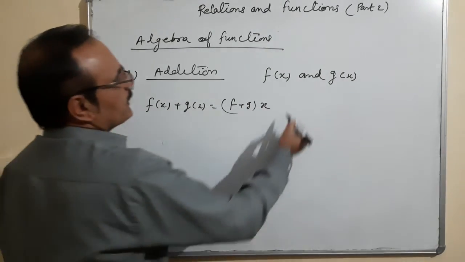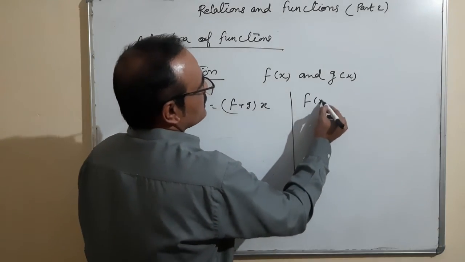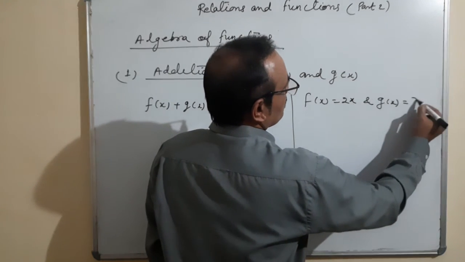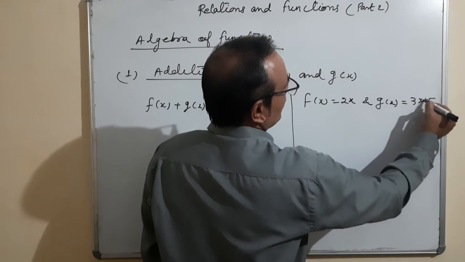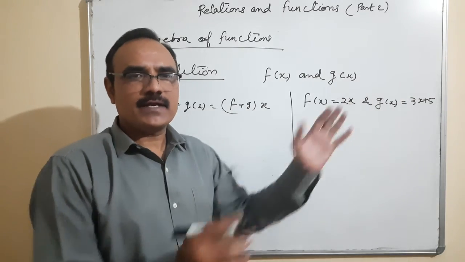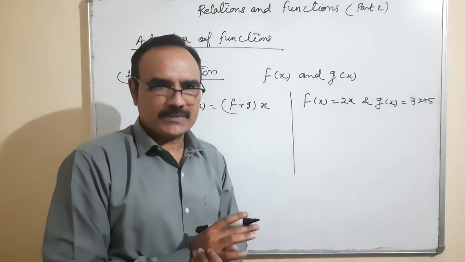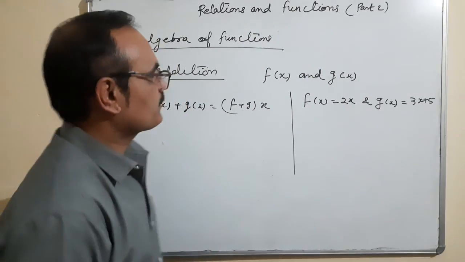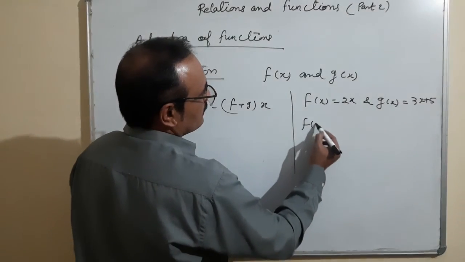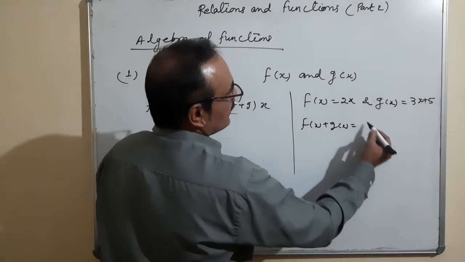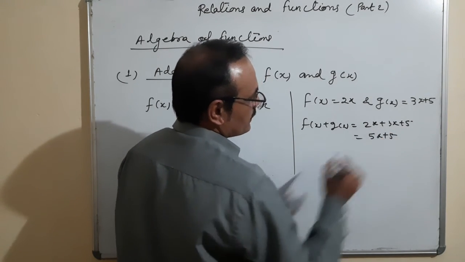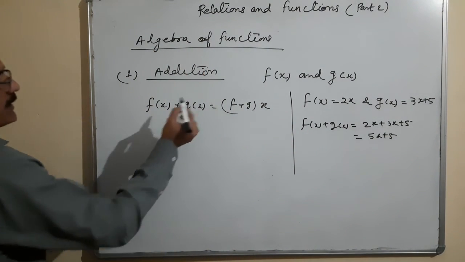Okay. With a numerical example, you can understand it. F of x is equal to, suppose, 2x, and g of x is equal to 3x plus 5. Okay. There are two functions, and both functions are from set A to set B. They are defined on the same, a common set, from set A to set B. So how to add them? F of x plus g of x is equal to, direct addition is required, 2x plus 3x plus 5. So it is 5x plus 5. Result. Okay. So the addition property is there.